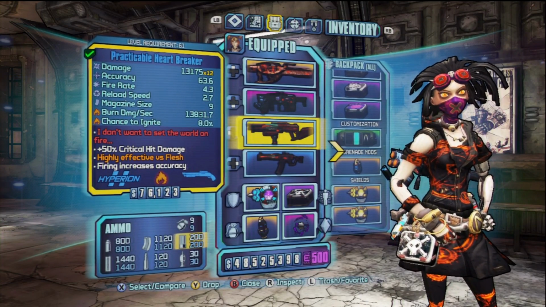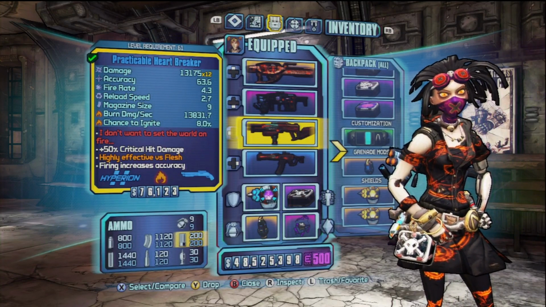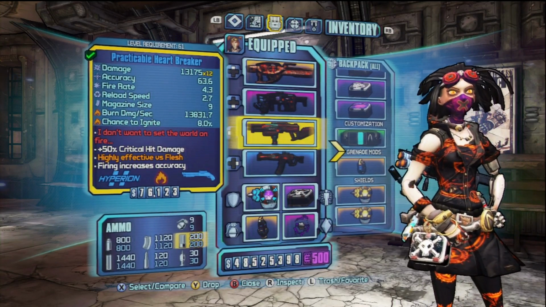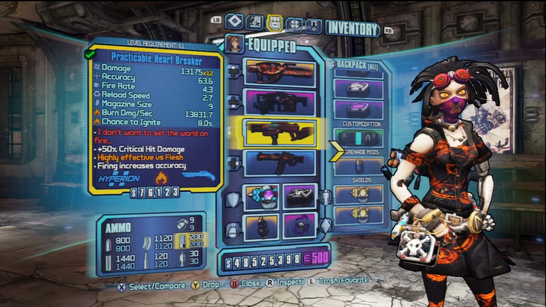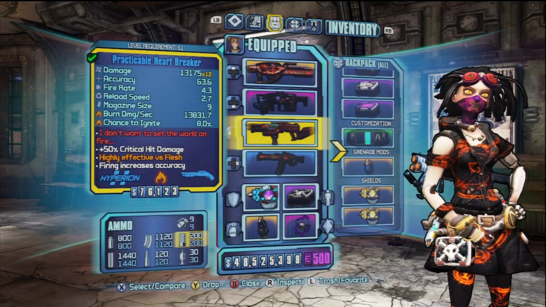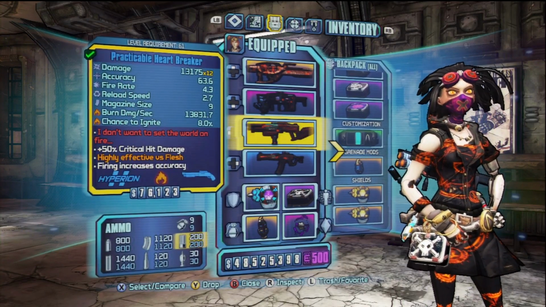you're dealing. I know the Moxxi SMG, the Good Touch and the Bad Touch, heal you for about 2% of your health, and then the Ruby is 12%. I'm not sure about the Heartbreaker; it's probably like 2 or 5. But while the Firehawk is going off and you have one of the Moxxi weapons out, it is just insane